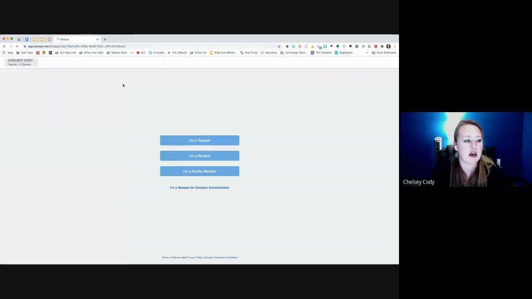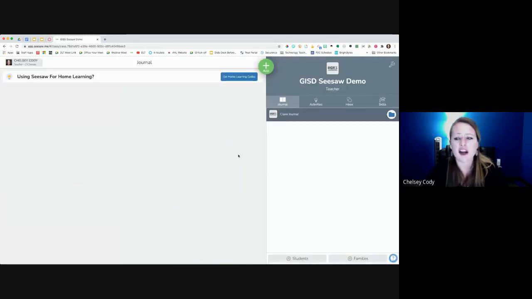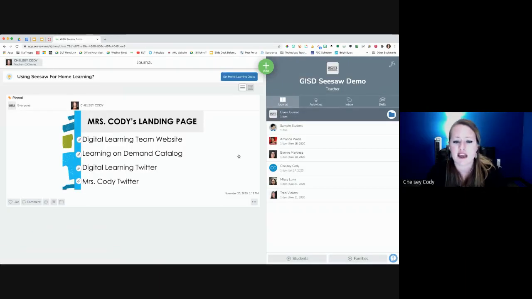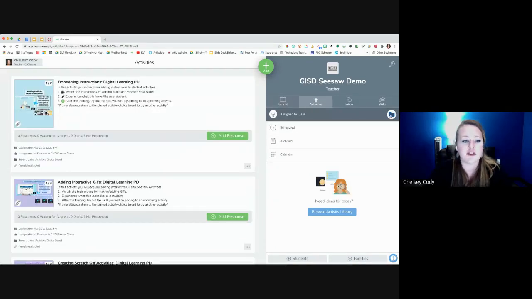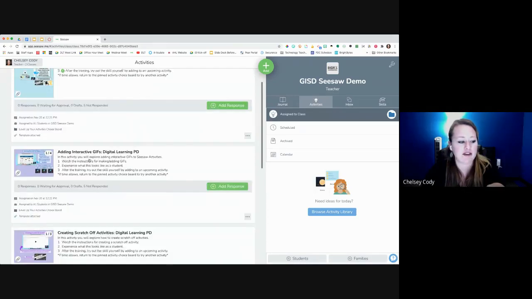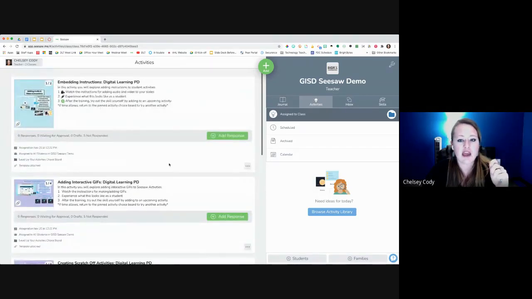In my Seesaw account, I already have some activities that I've created. So I'm going to go to my activities tab, and you can see I've got a folder over here to the side. So right now, all of my activities are in this Level Up Your Activities choice board. You'll see what that is here in a minute, but you can see I've got a folder on each of these. If I wanted to add another activity